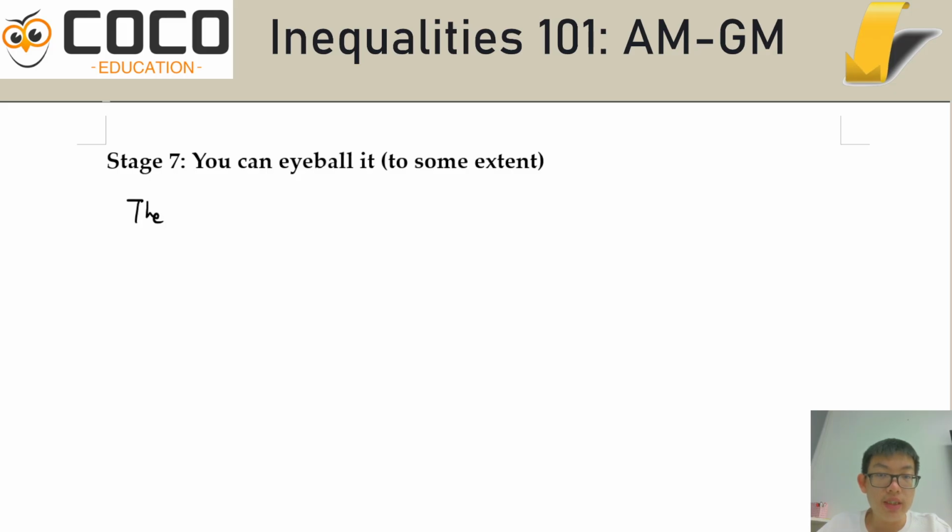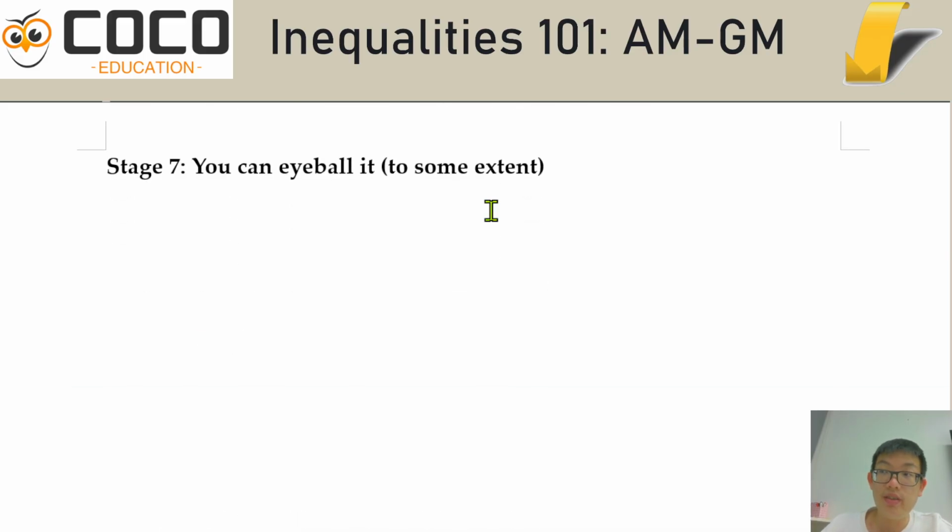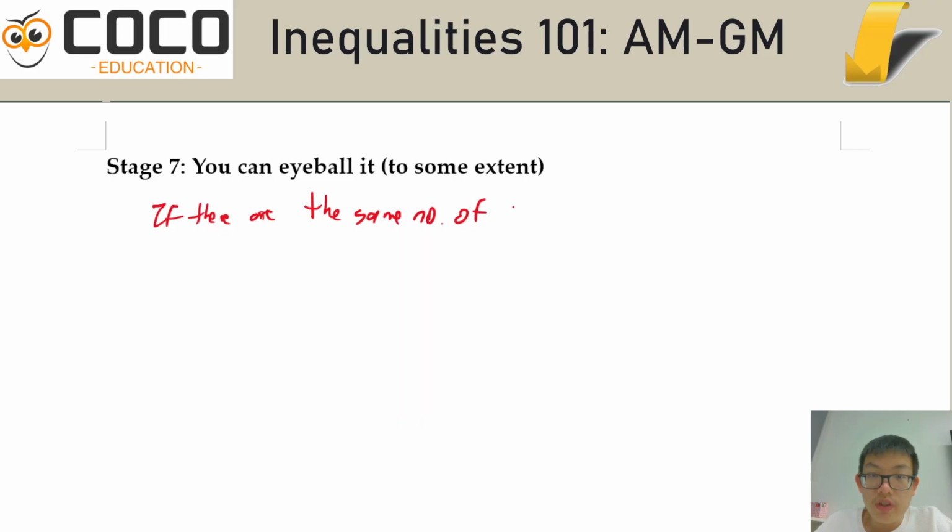Which is that there must be the same number of things on both sides, right? You see that here, there were 3 things and 4 things leading to 7 things. Right? So the same number of things on both sides. Now I keep saying things because they can be values, they can be polynomials, they can be roots, they can be anything. The same number of things on both sides. The more mixed up one is going to be smaller than the less mixed up part.